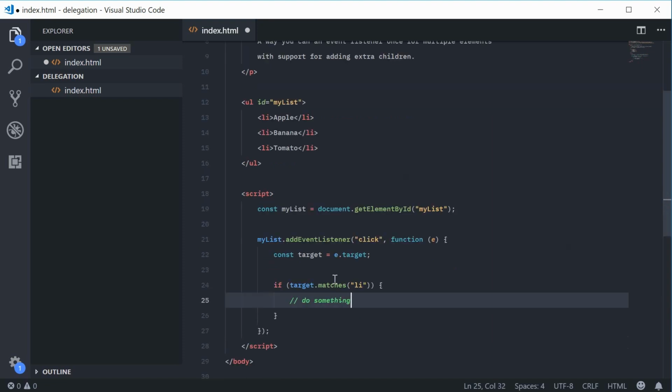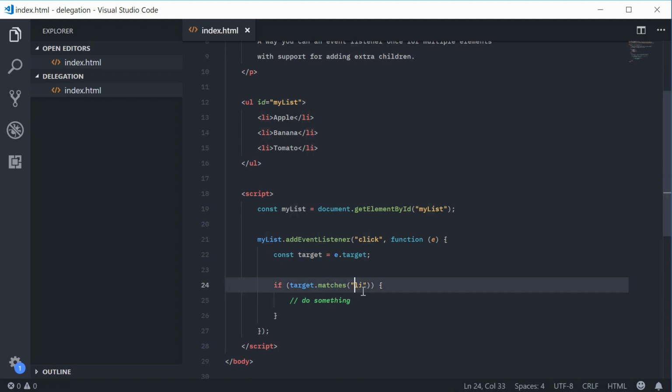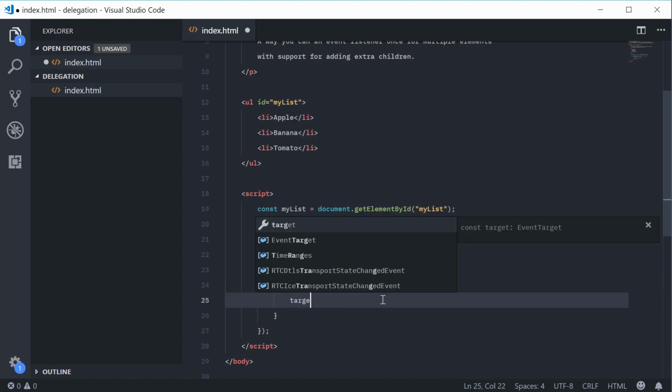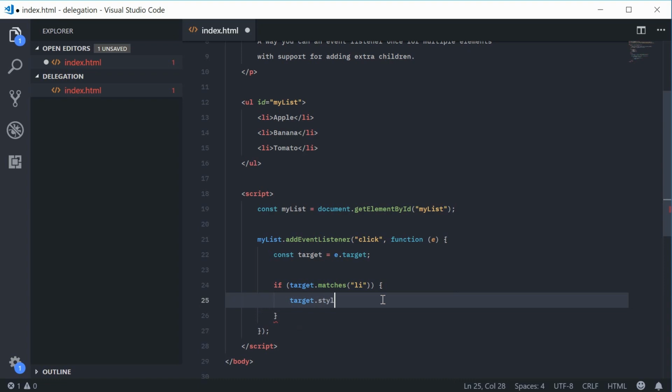This matches method, part of the element, basically returns true or false depending on if the target matches the selector LI. So if it's an LI, then do something. We can say target.style.backgroundColor